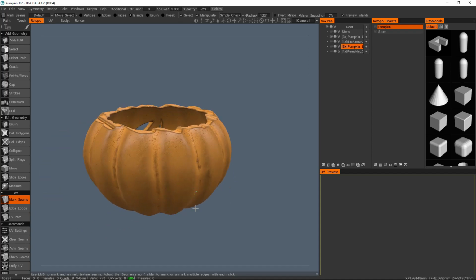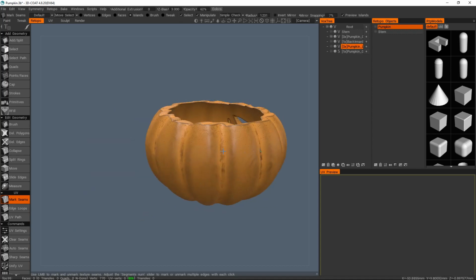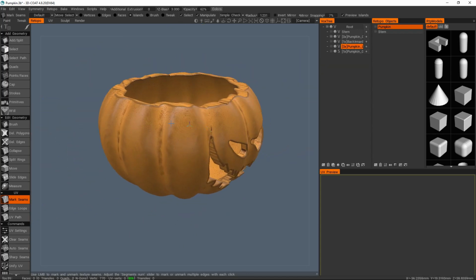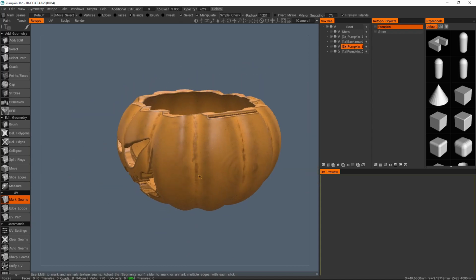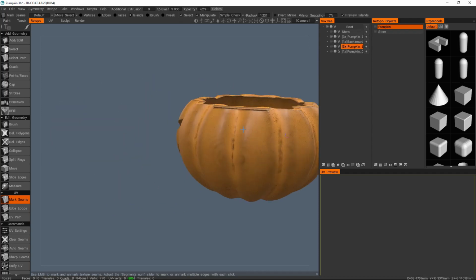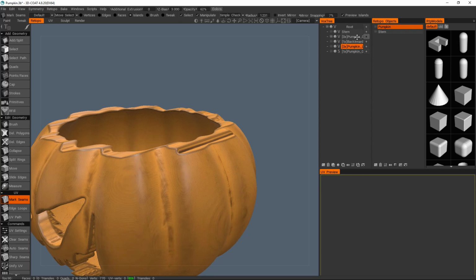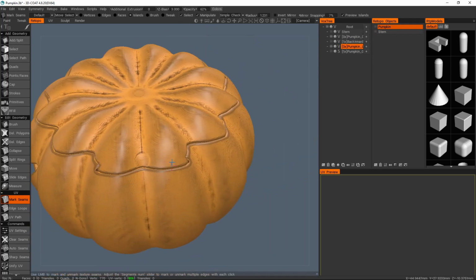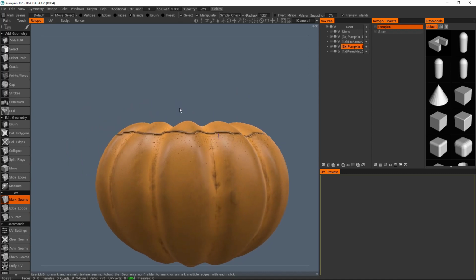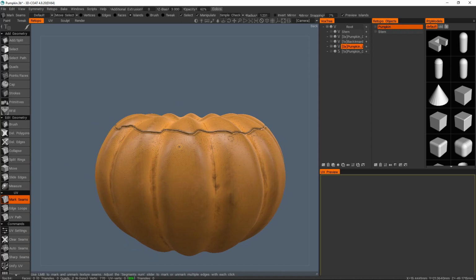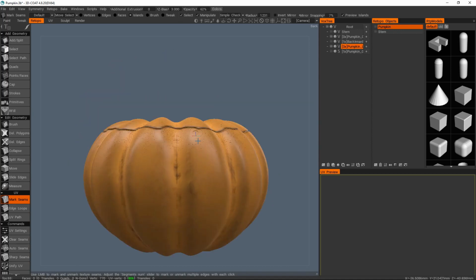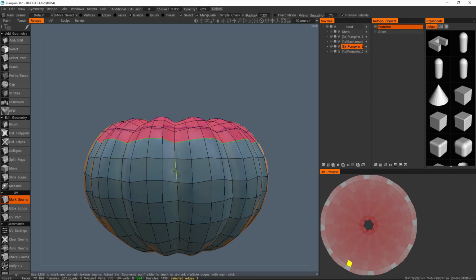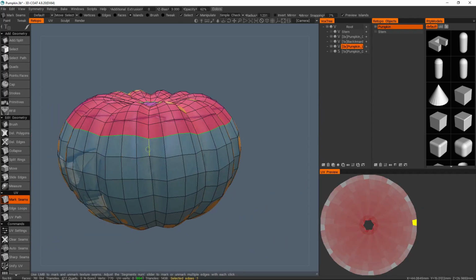If anything, you UV one of these segments and just copy it onto the others, so long as this area was unique, which is not a terrible idea. I might actually make it so from this point here down to say here should be unique, and the rest of it... no, you know what, sorry, that won't work. That won't work at all because of our lid. If we were to do that, we would end up with some pretty anomalous, strange stuff. I mean, we could still do it if we wanted to be really frugal with our UVs, basically like at this point or something. So all of this area here, well, not all of it. Sorry, I'm not explaining this very well. So if I were to say this,